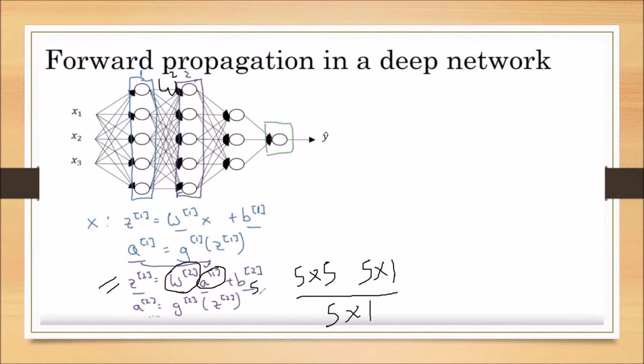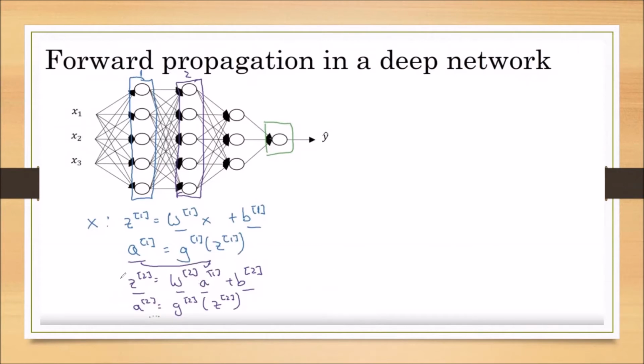B2 is again a 5 by 1 matrix. So we add a 5 by 1 matrix with a 5 by 1 matrix, and the Z matrix is 5 by 1. It is a matrix consisting of the activation units of the second layer, and for those activation units we find the Z value. Then we calculate the activation units output by applying the activation function to the Z. Only these two steps are there in the forward propagation.